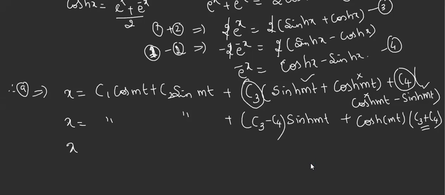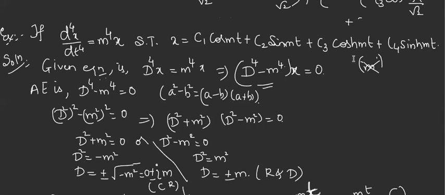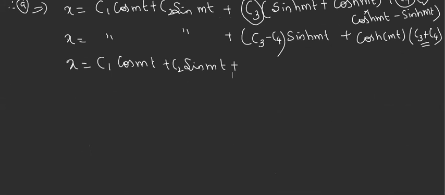So I will write like this. First two terms as it is. See, nothing is there here. Only the exponential to be expressed in terms of hyperbolic is important. In the required result you have cos hyperbolic mt, so I'll write that first. I will mention it as C3 dash.